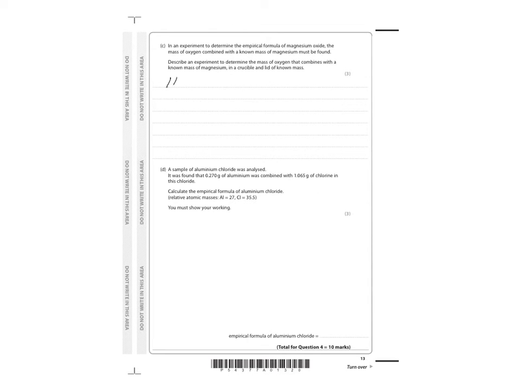So heat the magnesium strongly on a Bunsen burner. Ideally you want to heat it to a constant mass, but if you heat it strongly, after you've done that, you are then going to weigh